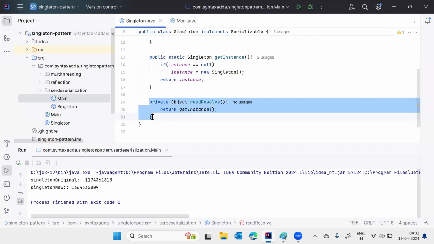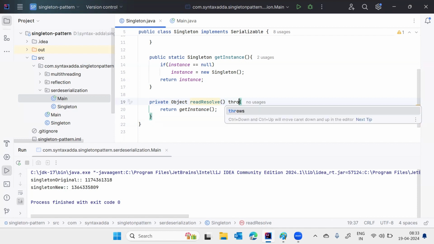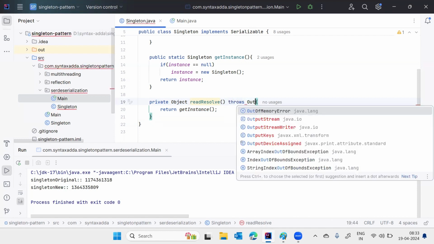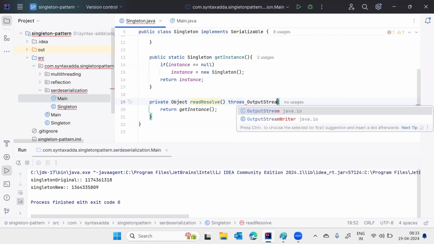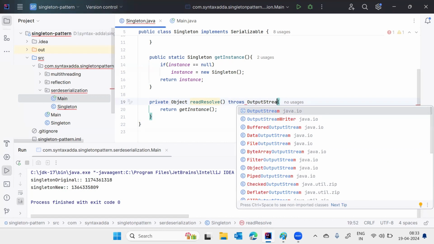And it will always return you the original instance, not the object after the deserialization. So by having this method in a singleton class itself, we will be able to resolve this issue, and this will generally throw